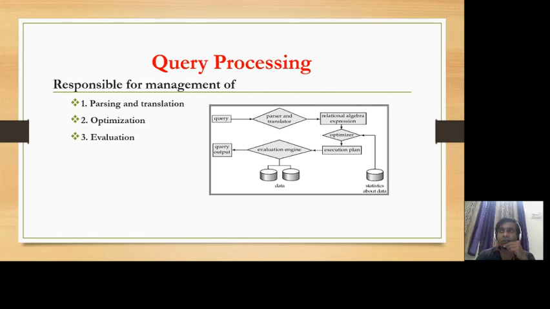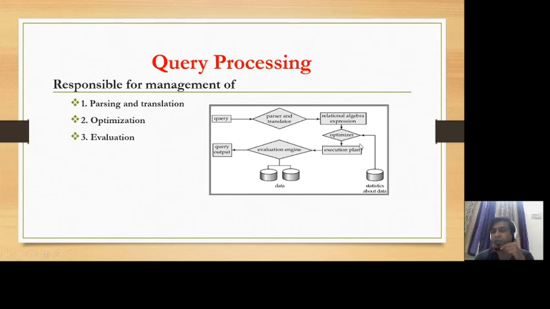Next, a very important functional component, the query processor, which is responsible for parsing and translation, optimization and query evaluation. In this diagram, we see that the query is passed to the parser and translator, which transforms the query into a relational algebra expression.